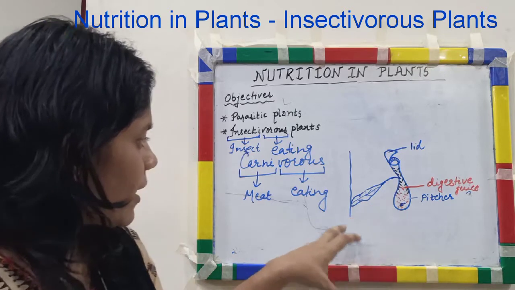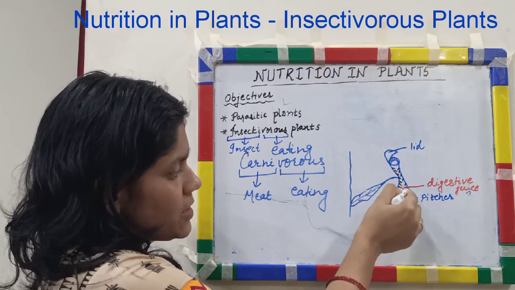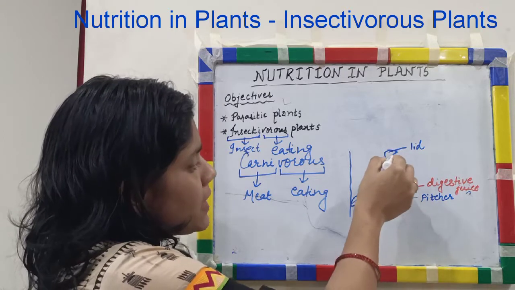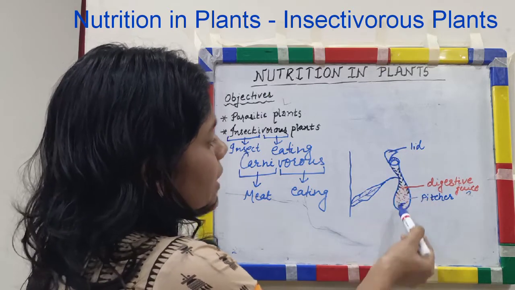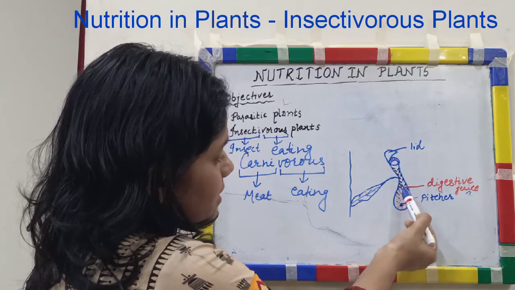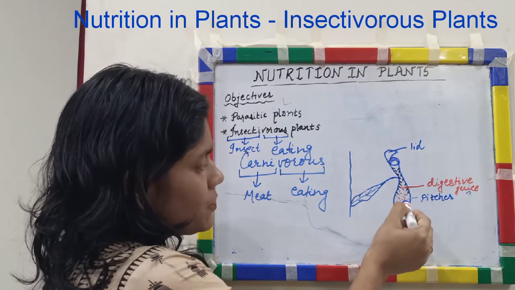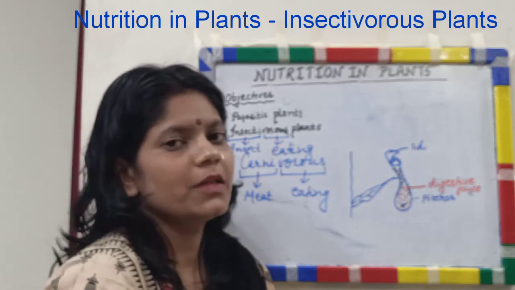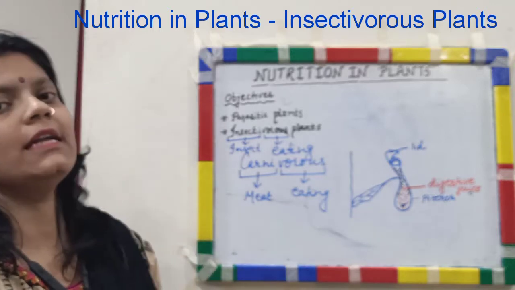So we can understand what happens in an insectivorous plant. The leaf is modified in the form of a pitcher. Inside the pitcher, there are digestive juices or digestive enzymes. When an insect sits on the rim of the pitcher, it slips down. And when it wants to come out, it gets entangled in the hairs that are present inside, and it is broken down with the help of digestive juices, and the nutrients present inside the body of the insect are absorbed by the plant. And what is a pitcher? Basically, a pitcher is nothing but a modified leaf.